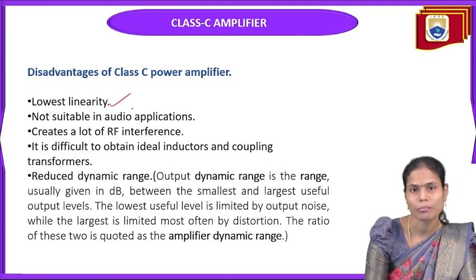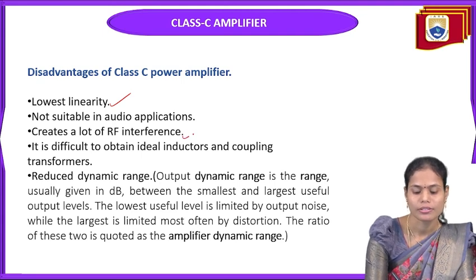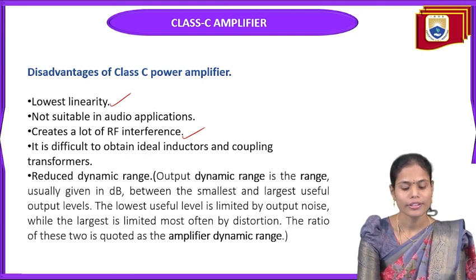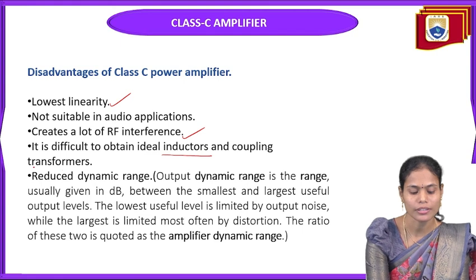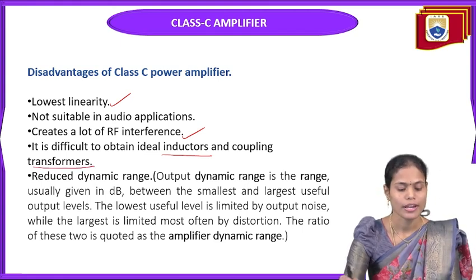The remaining amplifiers, Class A, Class B and Class AB, provide linear operation, but this is non-linear, and it is not suitable for audio applications, and it creates so much interference in the circuit, and it is difficult to obtain ideal inductors and coupling transformers in order to design this type of circuit, and